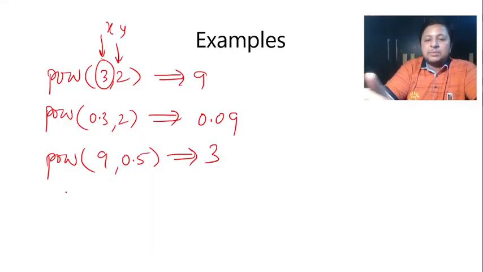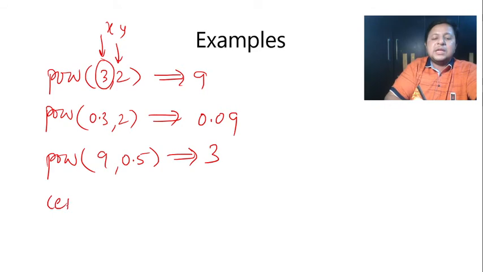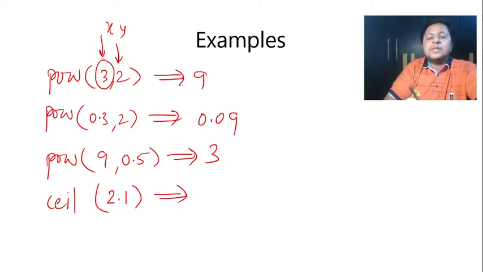For example, maybe if at all I do ceil(2.1). Purposely I have taken this particular example. 2.1, if at all I do rounding by normal rounding rules, is going to be 2. You know, if it is 0.4 or less than 0.5, then it is rounded down. 0.5 or more, it is rounded up. But these are normal rounding rules. See, the function is ceil.